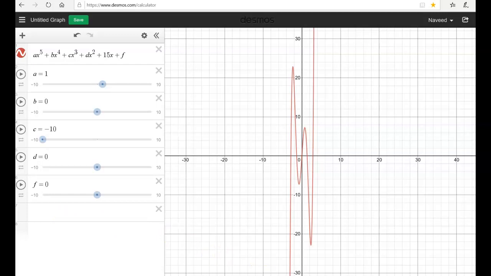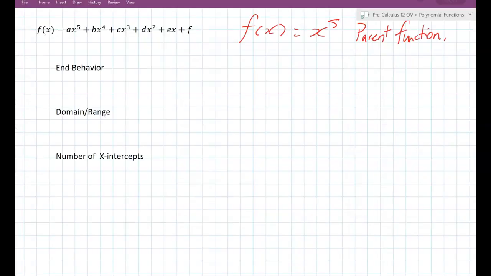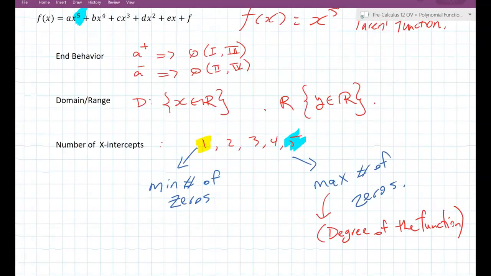In the notes we have, here it is, the end behavior: a positive leading coefficient, quadrant 1 and 3, negative, quadrant 2 and 4. Domain and range, all real numbers for both, and then the number of x-intercepts. In this case, you get 1 as the minimum number of zeros, 5 as the maximum number of zeros, and by this time you should see the pattern that the maximum number of roots, x-intercepts, or zeros of any polynomial is the degree of that polynomial. Okay,